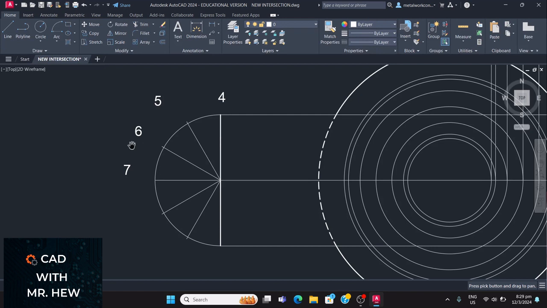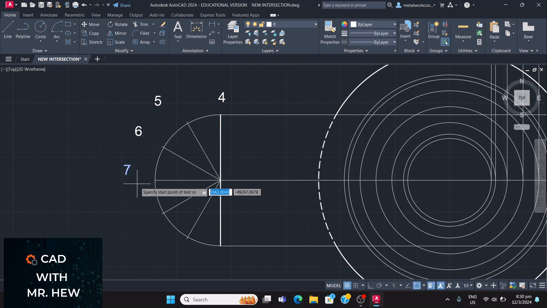All right, so we're gonna finish it with 7. The reason why I put it far away from the semicircle is because we're gonna put another number there, right? So we're gonna show in a little while. The last command I think was text. All right, so the first point would be here, enter, enter. So this is 8